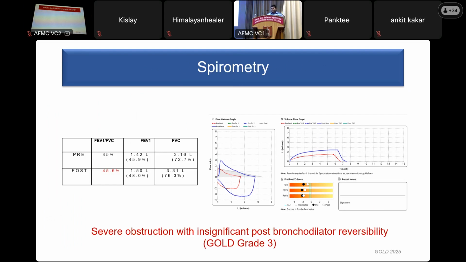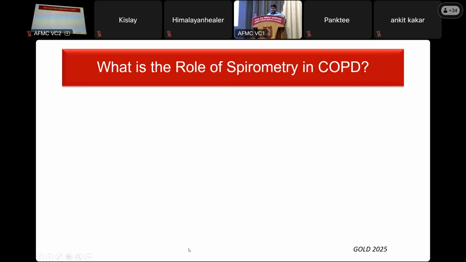Lieutenant Colonel Behek, what is the role of spirometry in a case of stable COPD? So we check for FEV1, sir. At diagnosis, what is the criteria for diagnosis? So we see whether it is restrictive or obstructive, sir. What is the criteria for diagnosing COPD? Sir, FEV1 upon FVC less than 0.7, sir. Post-bronchodilator FEV1 by FVC, no? It has to be after bronchodilation. If the ratio is less than 0.7, then we can confidently say that, with the history of exposure, the patient has COPD.